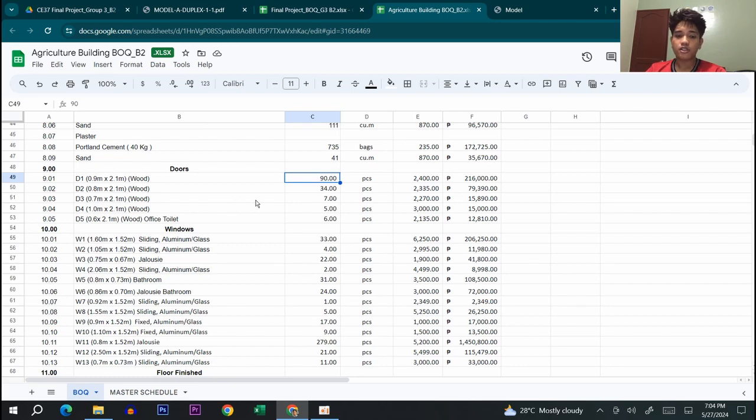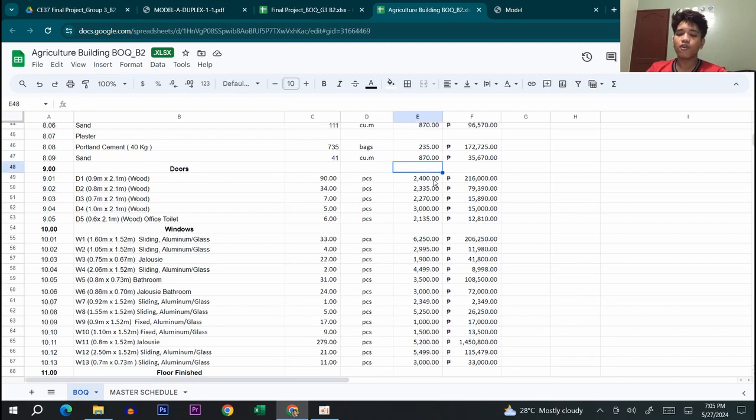Door 4, which is 1 meter by 2.1 meters, these are the doors that are double doors. So two sets of these are double doors, and one door is just simply a 1 meter by 2.1 meters door. So that's why there are 5 quantities. Then for the bathroom doors, it's 0.6 by 2.1, so they're relatively small. Some are inside the offices. So these are found inside of the offices.